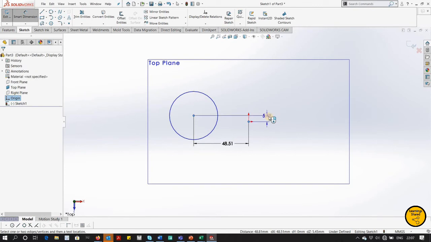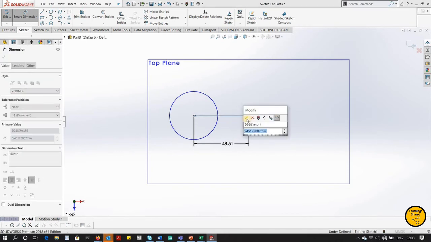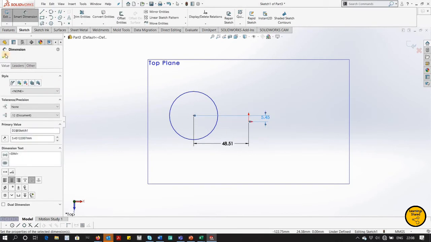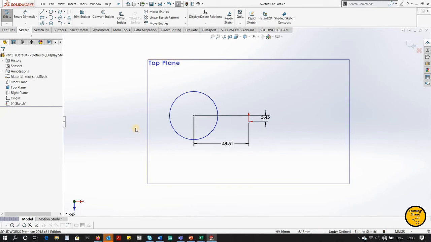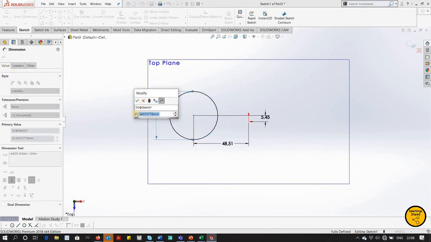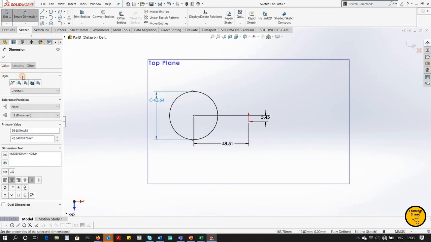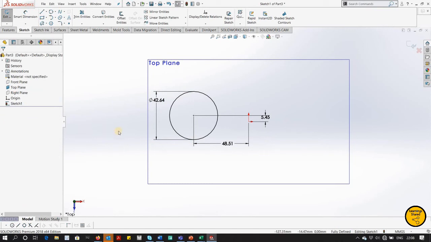These two dimensions you have to provide, and then you have to provide the third dimension. Okay, now your circle is fully constant. So these are the two options available for creating a circle.